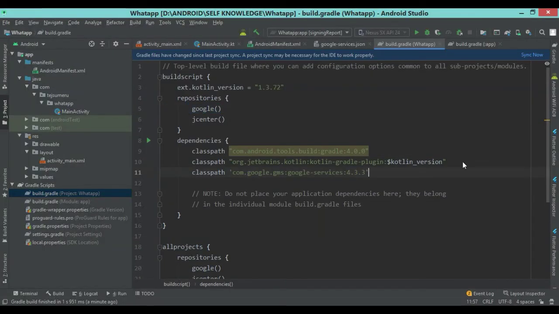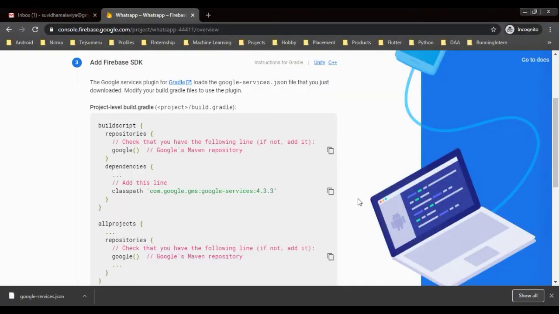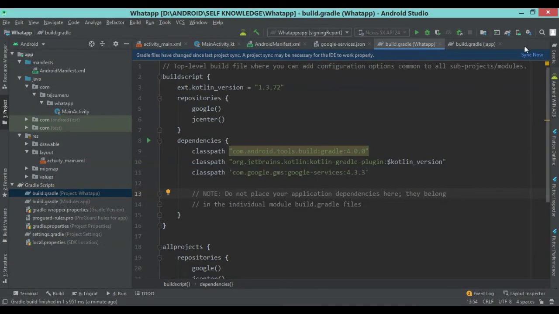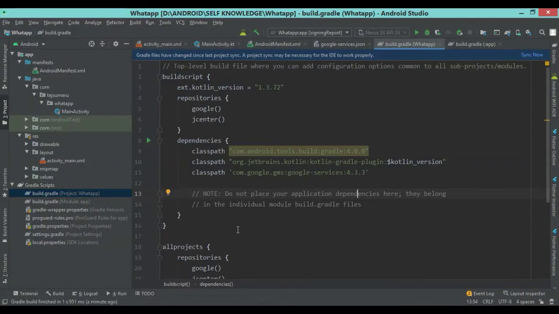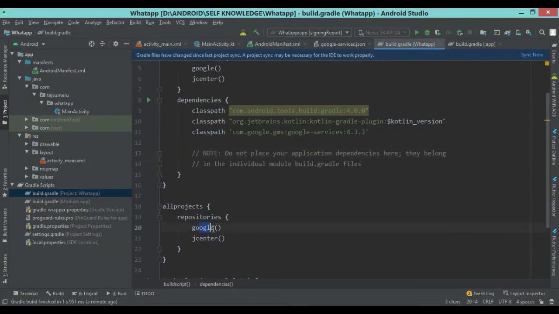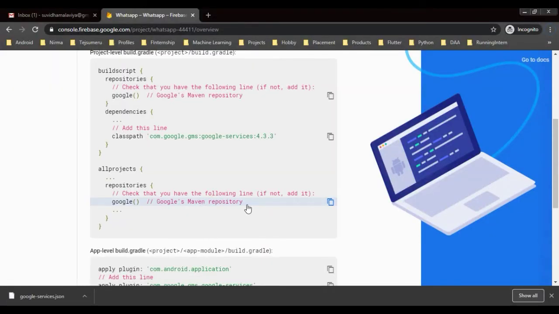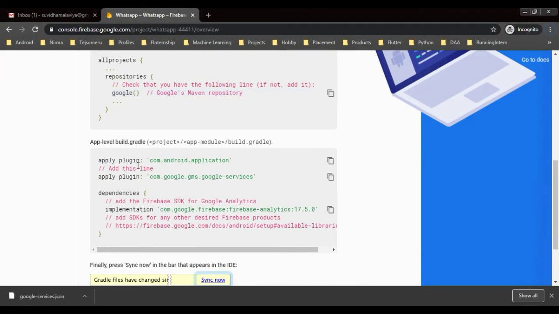Okay, now again you can see there is a send now button, but I'm copy pasting all the dependencies which are required, and then I'm synchronizing it so all the files needed are downloaded. Here also we already have Google, so there is no requirement for this. Now this is for the app level build file.